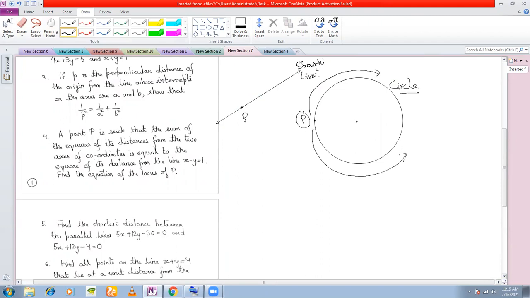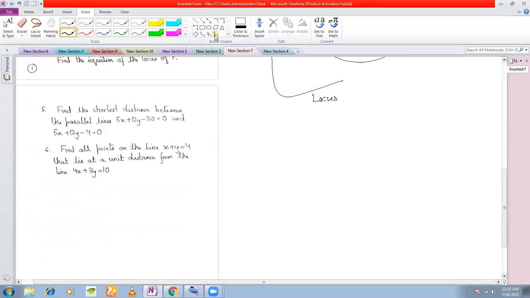In class 10, there was locus, but it was removed from your syllabus. So I have to start locus from the beginning only. So any straight line even that you draw is called a locus. So a straight line can be a locus, a circle can be a locus. You take a curve like this, this is also a locus. May not have a standard name, but this is a locus. The other kinds of locus, which you will not be discussing, which is in your section B, something like this. This is also a locus. This is called a parabola. This locus is called a parabola. You can have a locus like this.